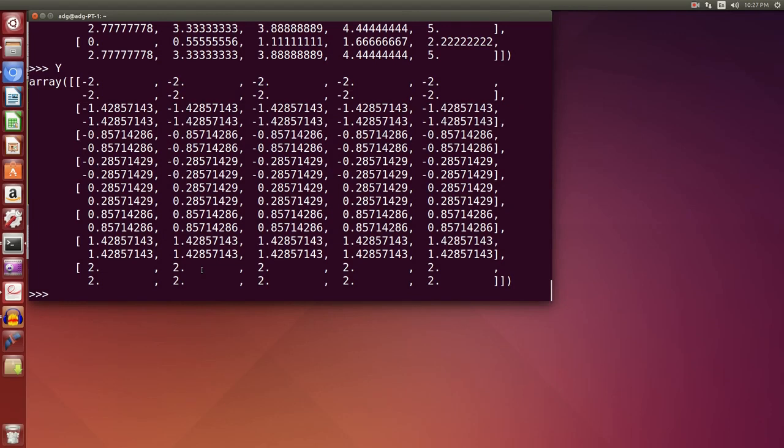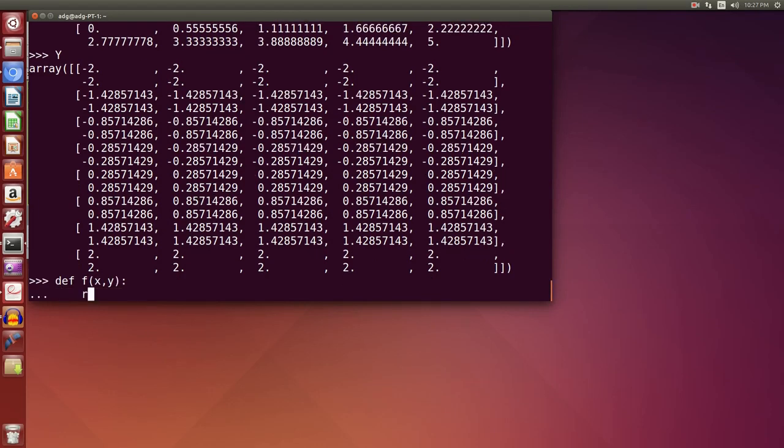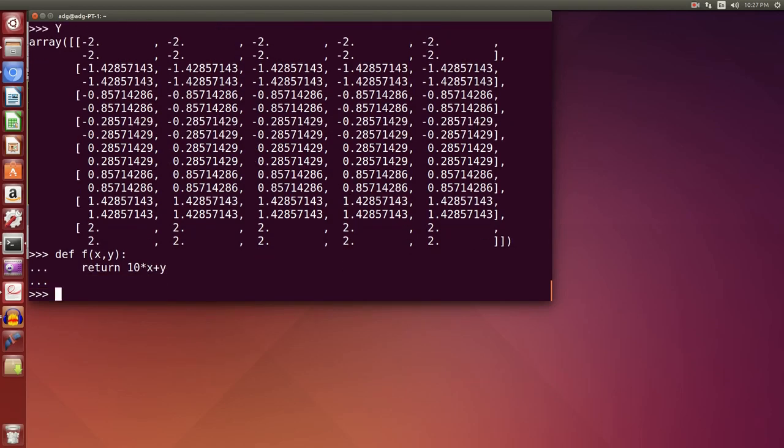One more interesting way of creating an array is by using a Numpy function called fromfunction. To see this in action, let us first define a function of two variables because we want to create a two-dimensional array for the time being. And let's say we want the function to return 10 times x plus y. That's it. Now, what we will do is something like this. We will create an array using the fromfunction